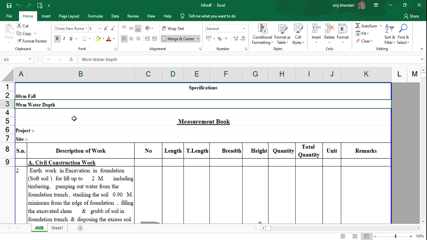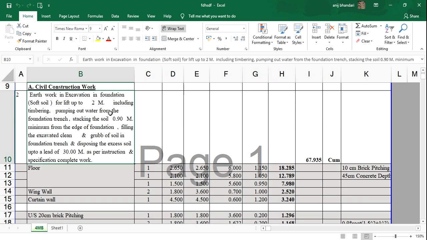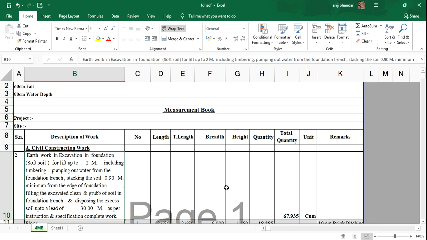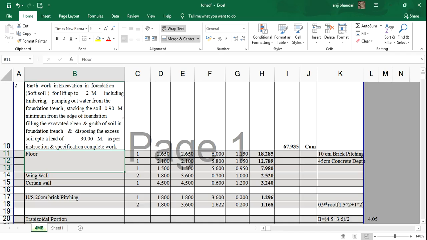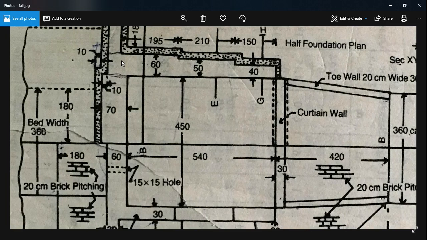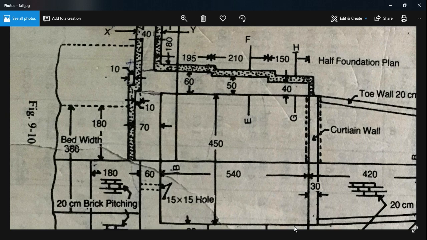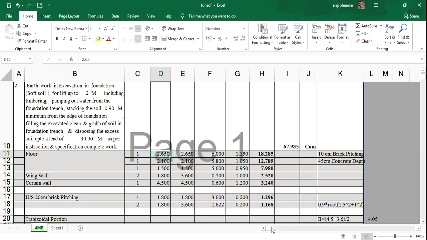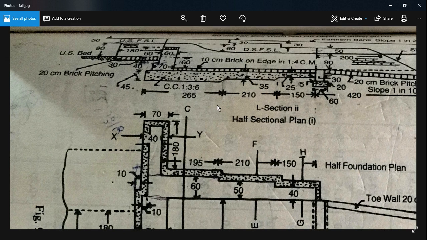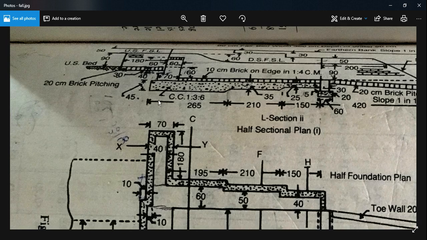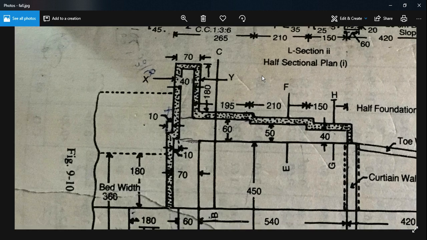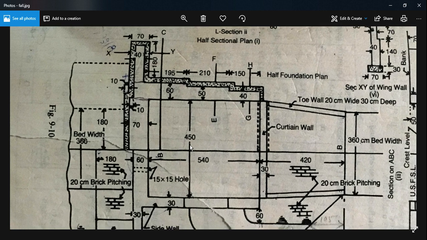We have 60 centimeter fall, 90 centimeter water depth. Earthwork in excavation for floor. Let's begin with floor. By floor I mean these portions. So let's calculate the length. Because the depth of concrete varies for different lengths, I am taking the corresponding length. So for 2.65 meter length, the width of earthwork would be